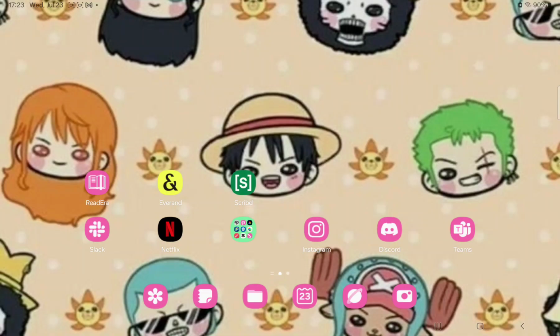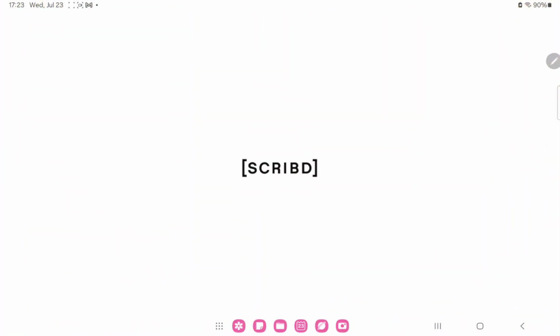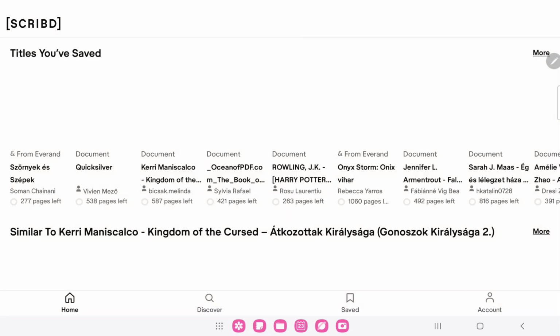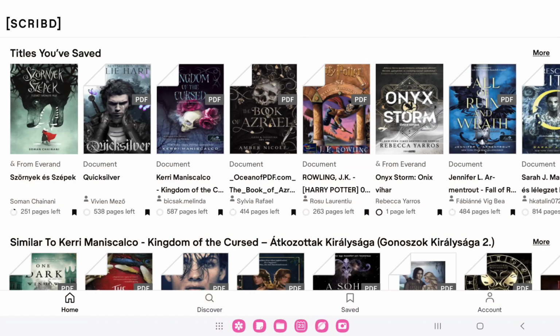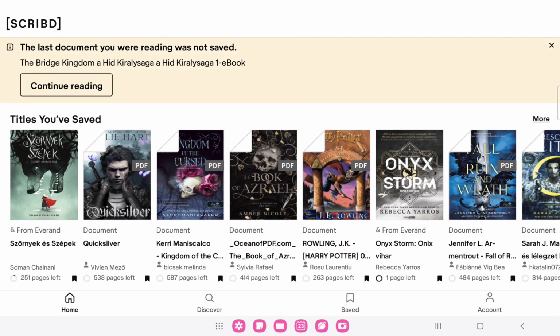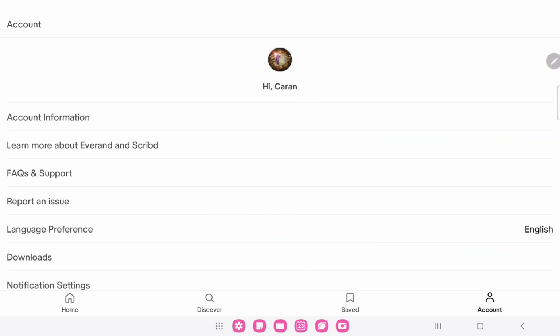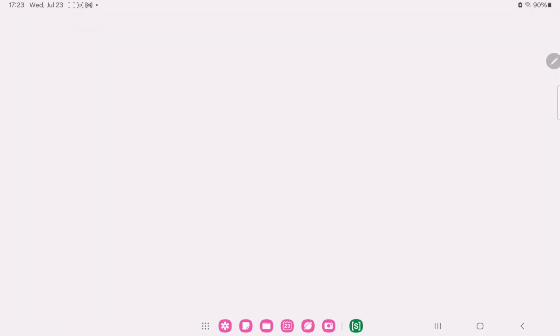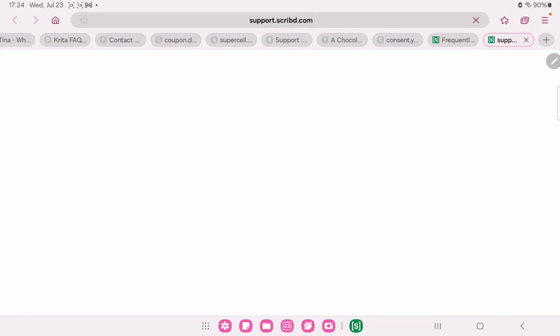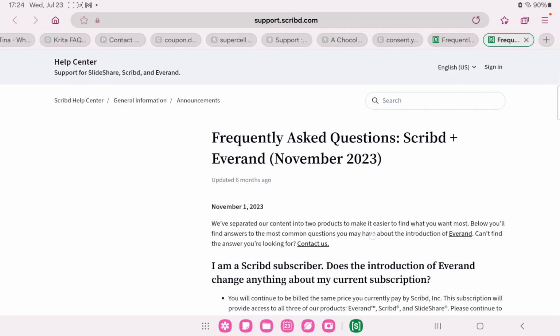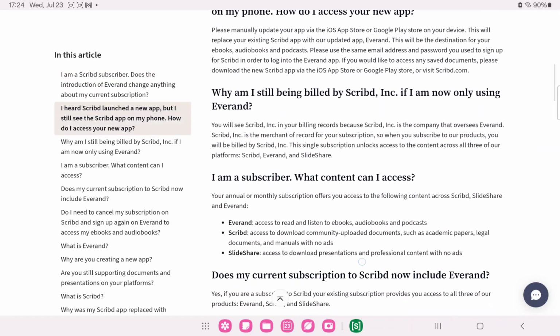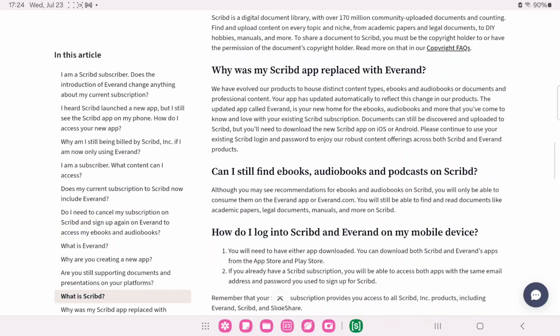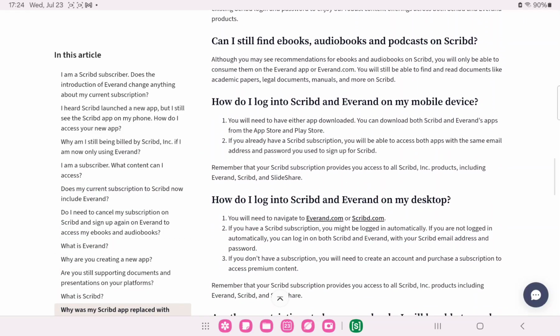First of all, open the application on your device. Now, go to the last bar at the home screen, the lower bar, sorry, and go to the last button, the account, and here you can find the second option, the learn more about Scribd. Click that, and you can find in this page different information about the application, and you can find different questions in different topics, and you can read the text and